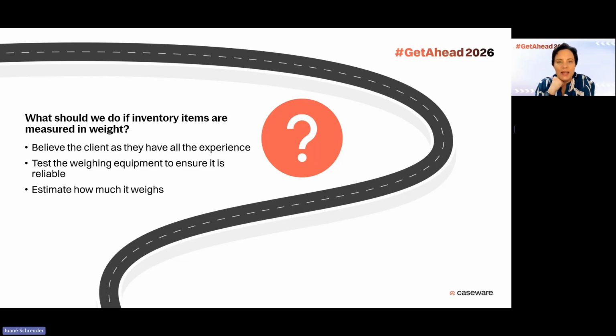When I wanted to do that at one of my clients a number of years ago, I can't remember what exactly it was that we wanted to weigh. But when I said, well, guys, you've got to pick this up and let's weigh it. I want to see that your scale is working correctly. It tells me it must weigh 500. I want to see that this thing does, in fact, weigh 500. What was their reason or their excuse? No, sorry, our forklift is out of gas.